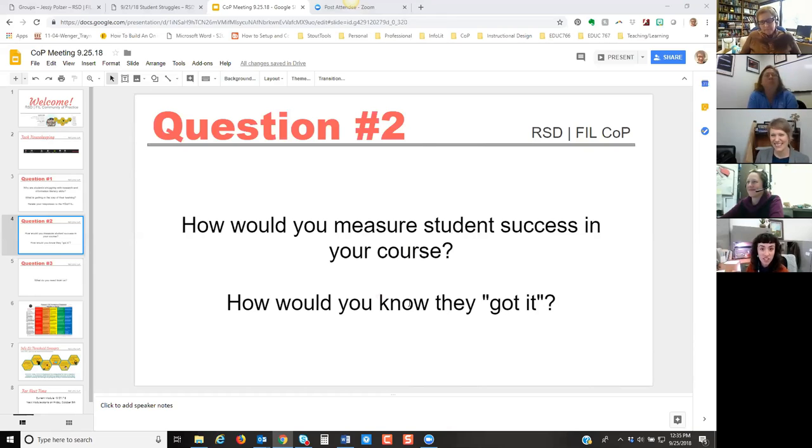I don't go through every single scholarly project with a fine-tooth comb and make sure that none of them is using resources that are not ethical or academic or whatever. And that's one of the problems that I have, is, do you create your own separate instrument for assessment, or is there a way that I could just build it into the activity that they're already doing? And I have managed to do that with some of them, where I'll collect the worksheets and then hand them back later, stuff like that. But it definitely still feels awkward. Mm-hmm.